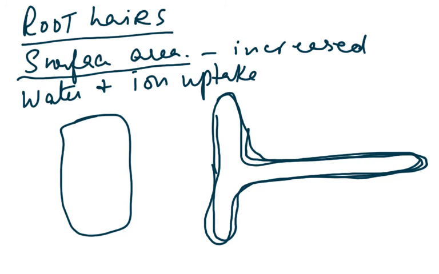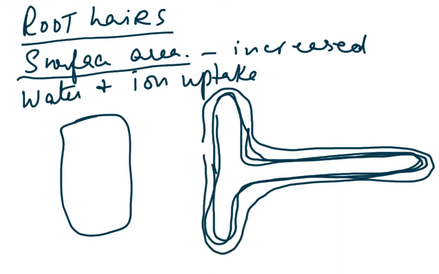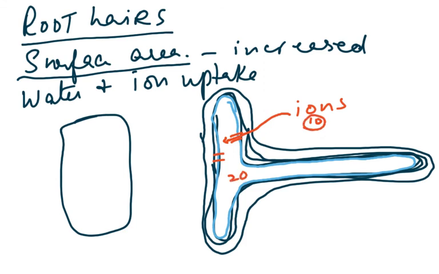Now, first we've got to understand that there would be the normal cell wall of a root hair, and then there would be the cell membrane inside it, which is very closely attached to it. So the cell membrane is there, and in the cell membrane we have channel proteins, and the channel proteins are for the ions. So the ions are going to be transported by active transport, and they might be less on the outside, so 10 here and 20 inside, but still they would move in by active transport. So ions are taken up by active transport,